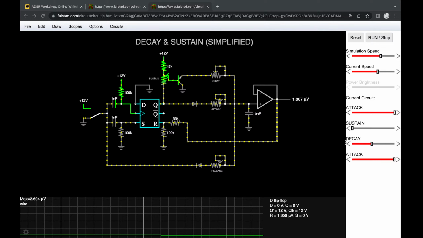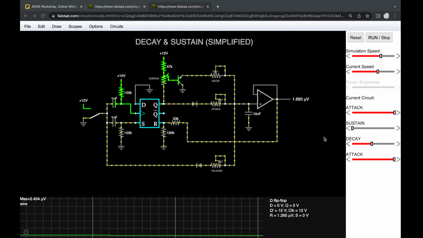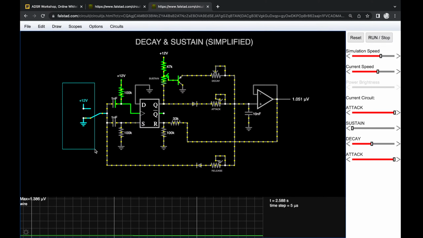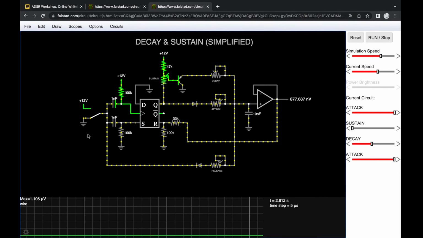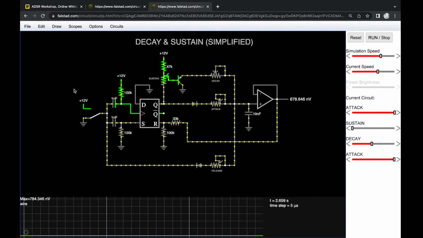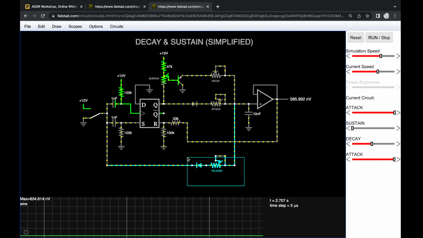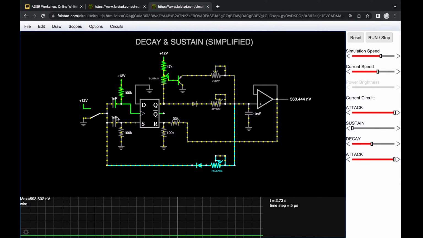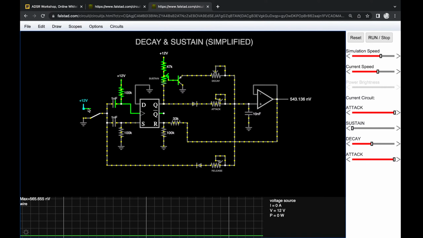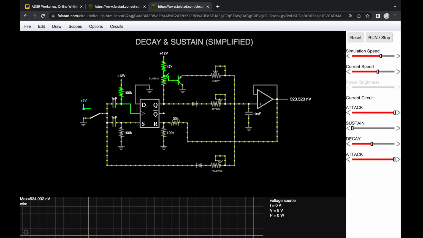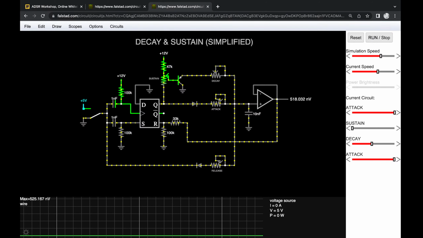All right, so then let's address this question with the gates at the input, because that's a valid concern, right? Right now we are assuming that our input gate is going between 0 and 12 volts. That's kind of an ideal scenario. And why is it ideal? Well, because if the high level voltage is 12 volts, our release path will be blocked whenever the key is pressed. But if this is just 5 volts, which is common in Eurorack, where a sequencer will often put out 5-volt gates,